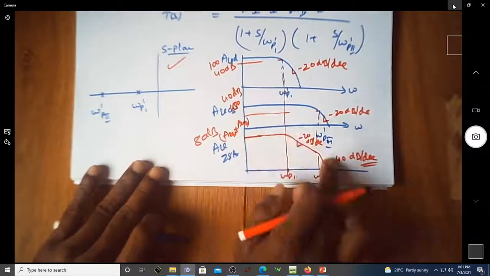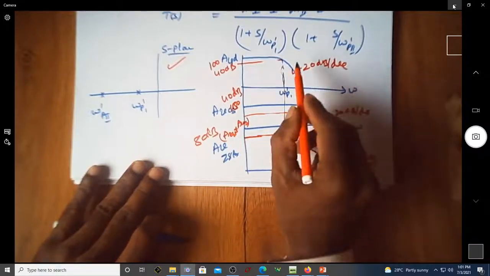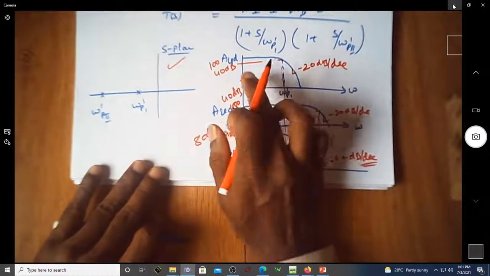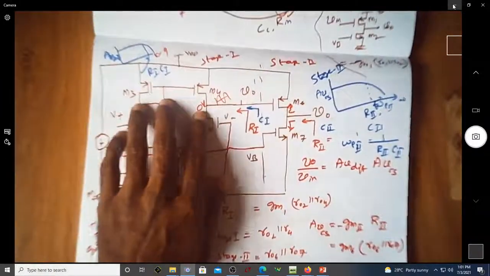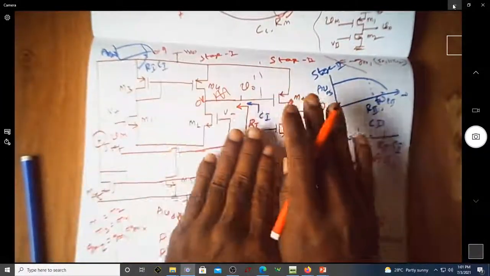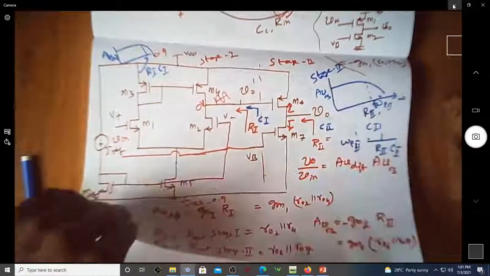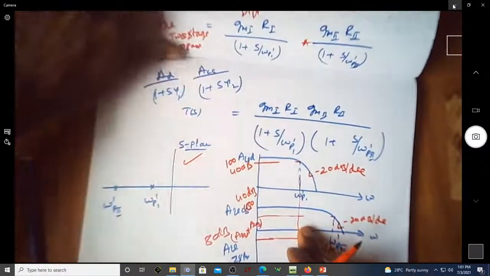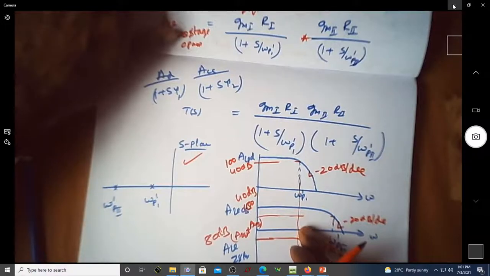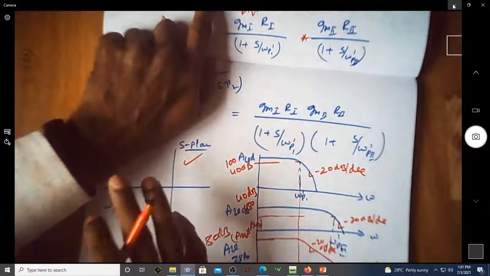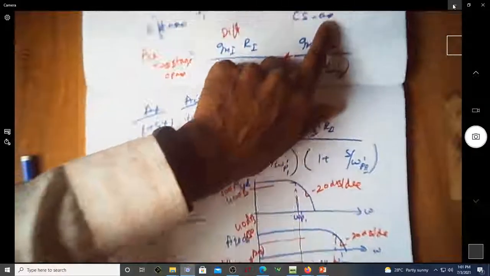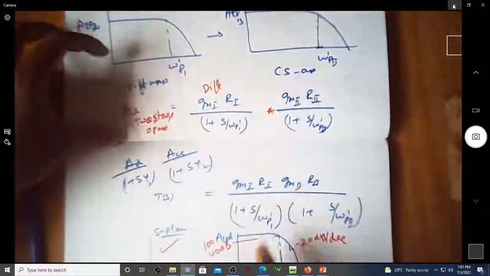The reason you have this type of frequency response is that there is a pole due to the differential amplifier, because we have two stages here. One is due to the differential amplifier. There is one more which is due to a CS amplifier. So we are assuming the gain to be AV of D and let the pole be. Now we are assuming this has a lower frequency, and this has a bit higher frequency. That's our assumption.